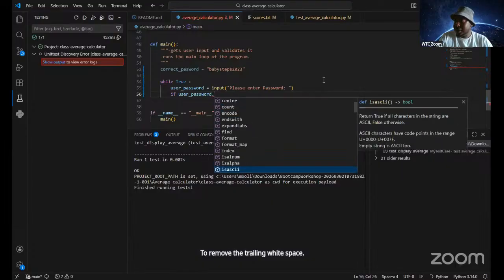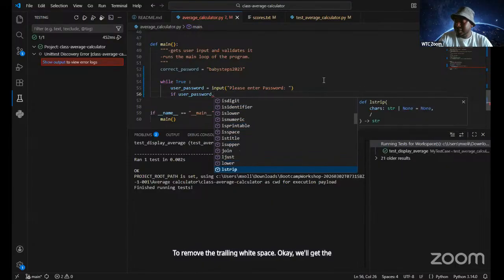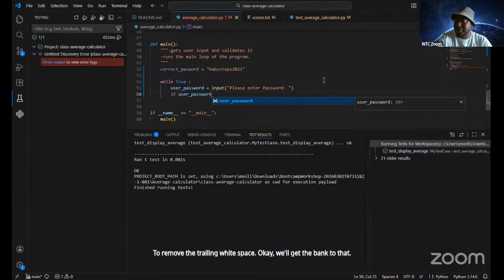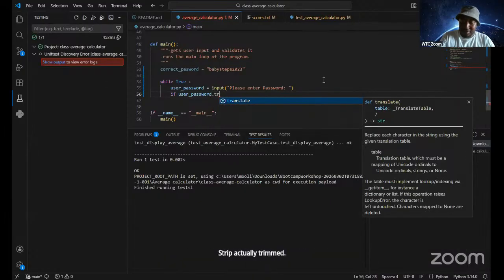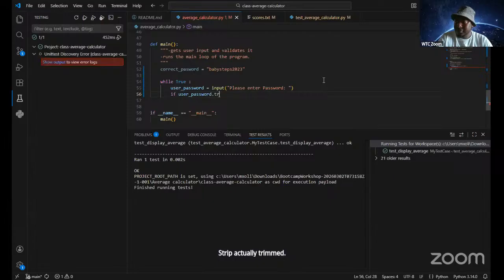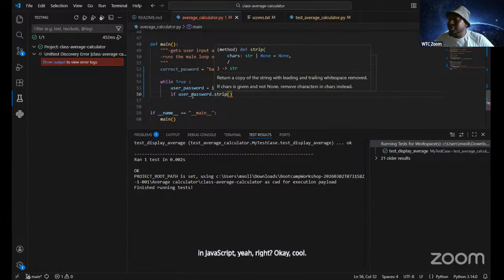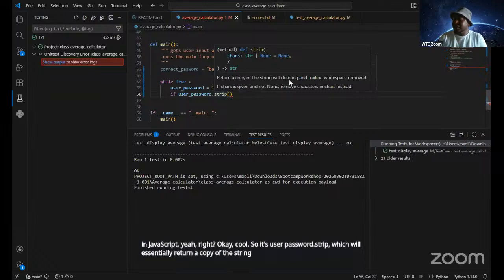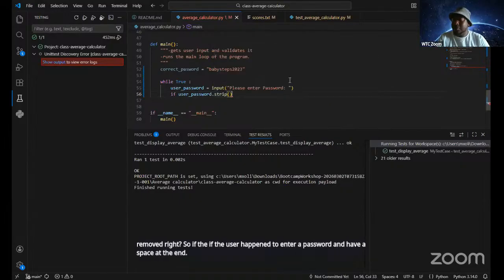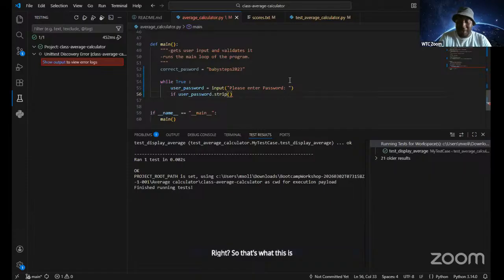Strip, it's actually trim in JavaScript. So it's user password.strip, which will essentially return a copy of the string with leading and trailing white space removed, right? If the user happened to enter a password and have a space at the end, that's what this is for. So if that is equal to